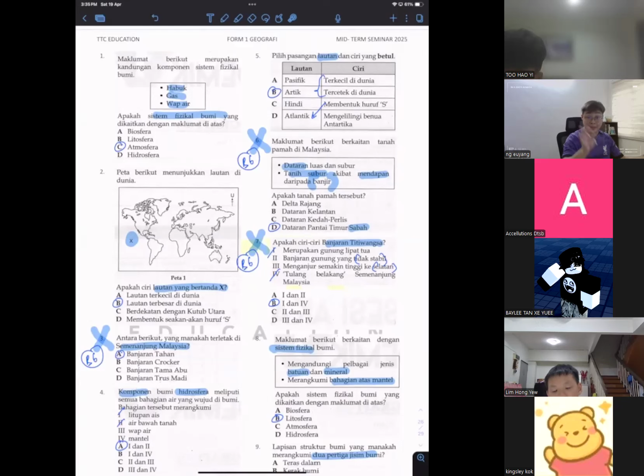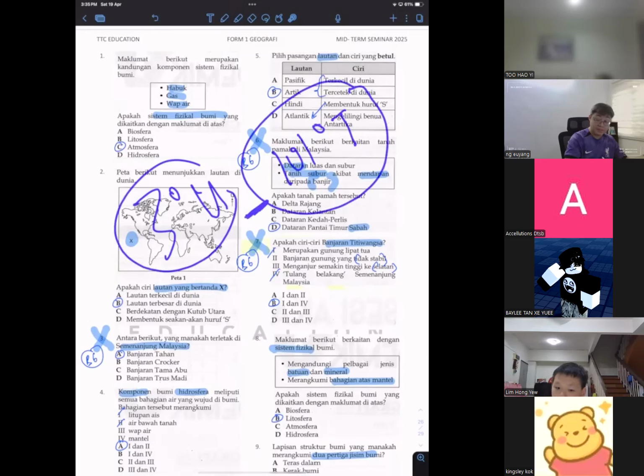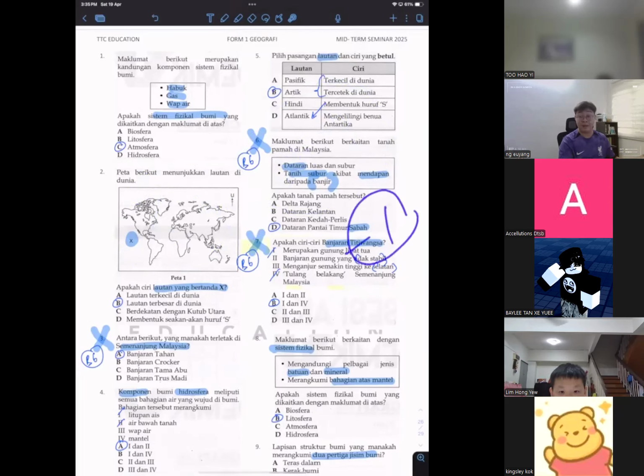Don't need to put a comma, Matthew. Just the latitude value, give a space. So let's say just now we wrote the answer for Kuala Lumpur is 3 degrees north, right? Give some space only. And then 101 degree timur. So the values, just give some space. Do not add a comma, then it's going to minus 1 full mark. 1 full mark is going to get deducted. So please do not waste the mark.